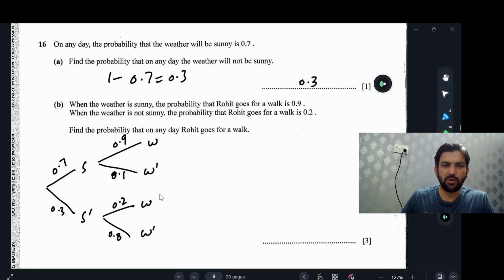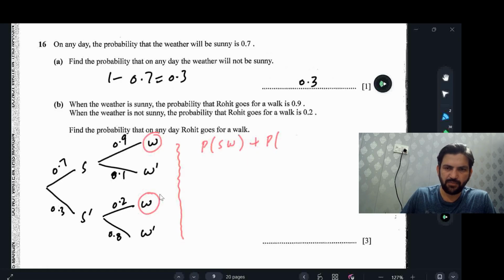Find the probability that on any day Rohit goes for a walk. The tree diagram is not required in this question, but if we draw it, it will show us a clear picture. Finding the probability that Rohit goes for a walk means we have to choose this path and this path. So we find the probability of sunny and walk, plus the probability of not sunny and walk. If we simplify it, this should be 0.7 multiplied by 0.9 plus